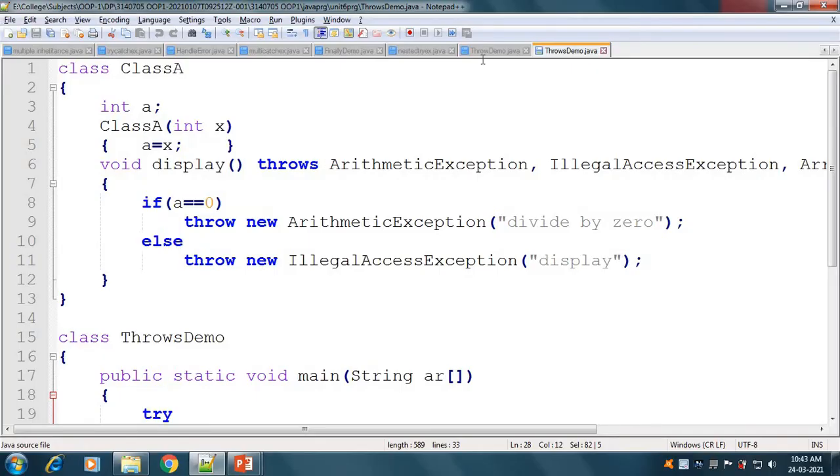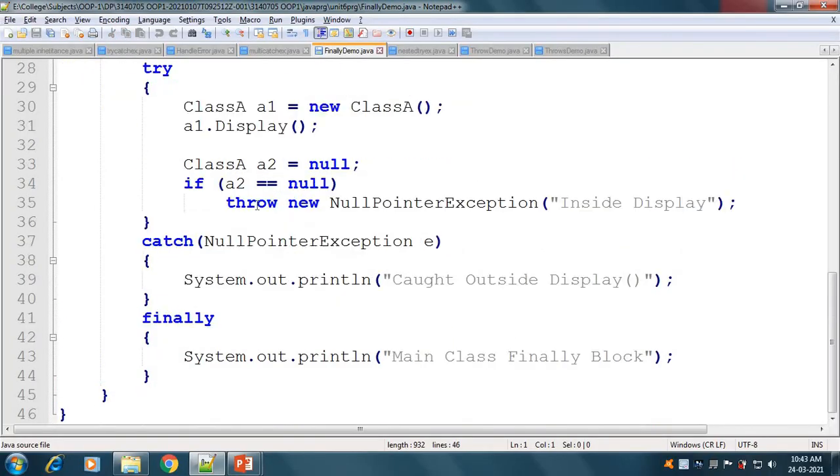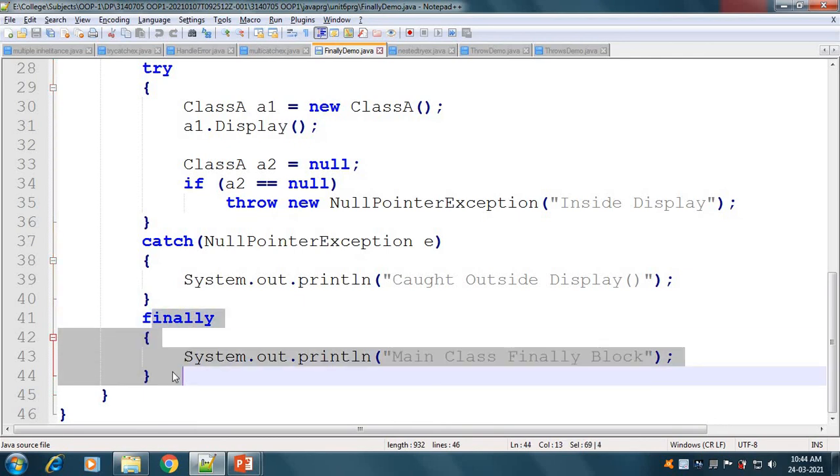If we see its example, here we have finally demo. So here our try block is there. In our try block we throw a new null pointer exception. It will be handled by this catch block. If it is not handled by this catch block, then this try and catch block will be followed by the finally. This block will be compulsorily executed.